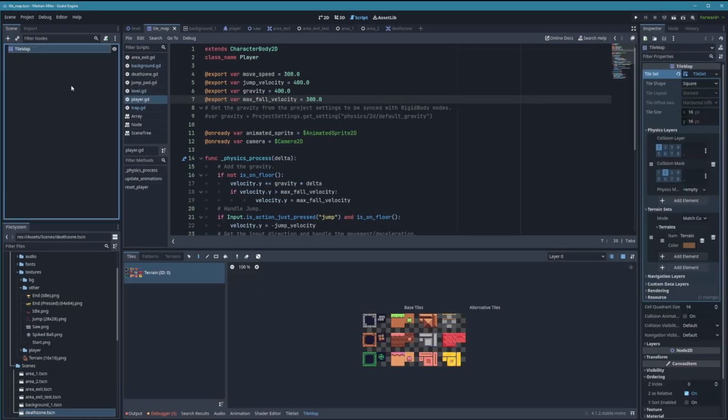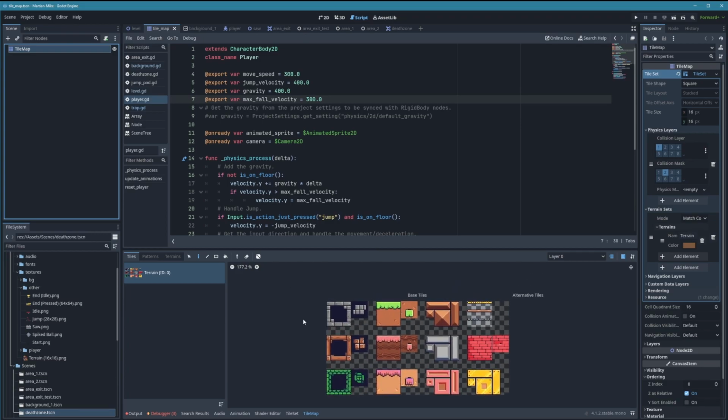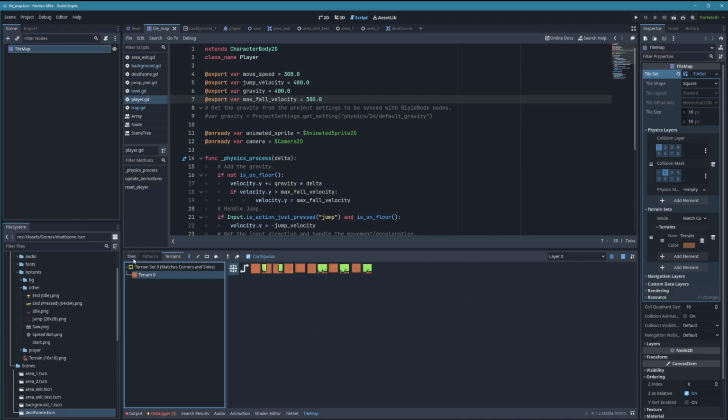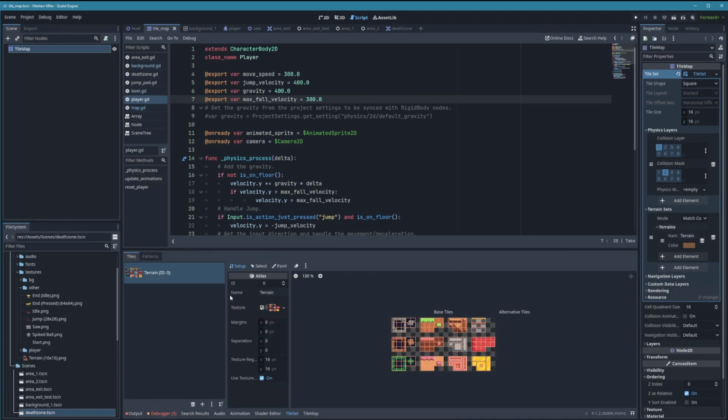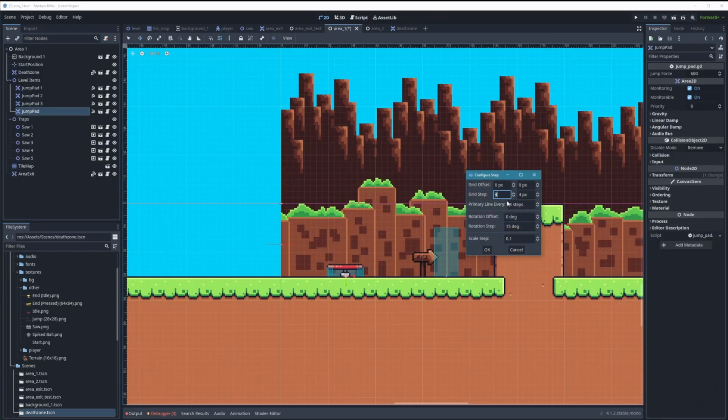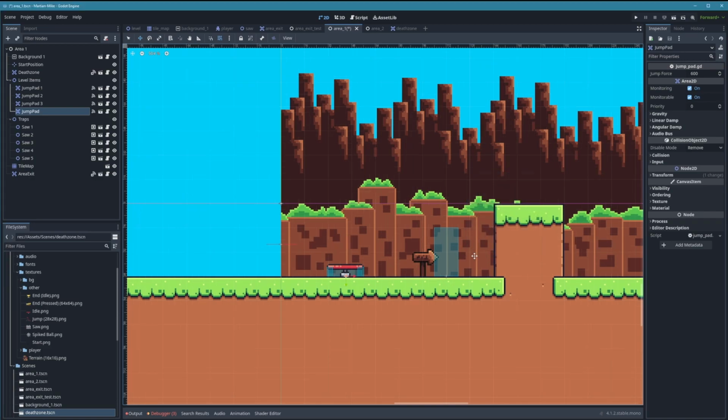Now, I haven't used the tile map system too much, but I have dabbled in it a little bit, and my first impressions are that it's fantastic. It looks really good, and I'm excited to dive more into it. I've been working in 2D, and the grid snapping options in 2D are really nice, very quick and easy to use. Changing the grid size is super quick and easy. I love it. Another thing I like is auto loads.